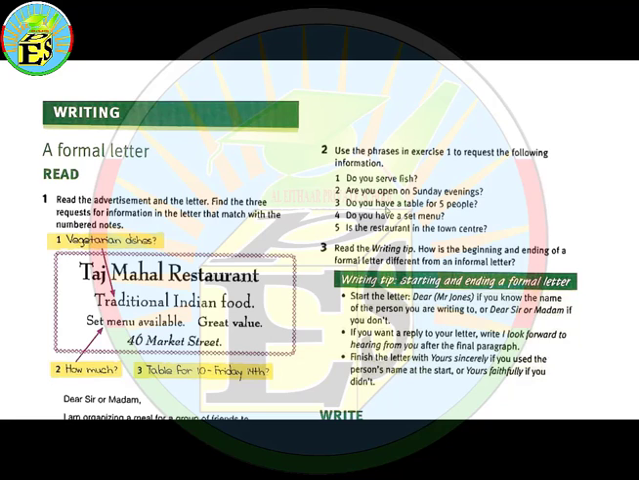So right now we will start with the first task on this page, which is task number 1, read. What we need to do here is to read the advertisement and the letter under it, and find 3 requests for information in the letter that match with the numbered notes. Well, it seems to be complicated, but it's really easy. So the first thing that we have here